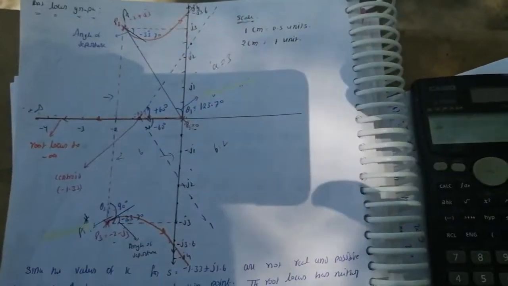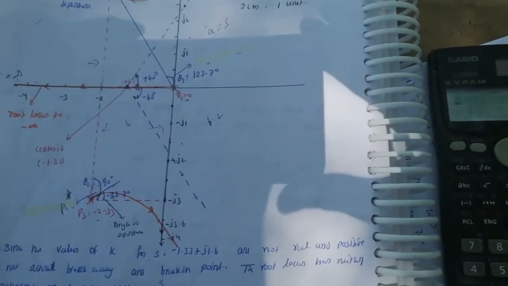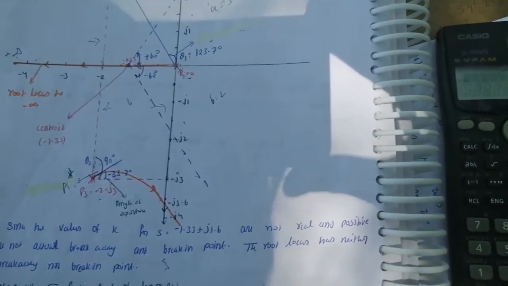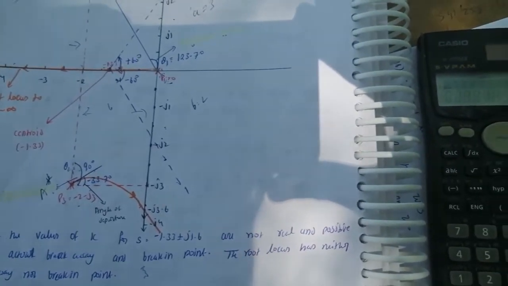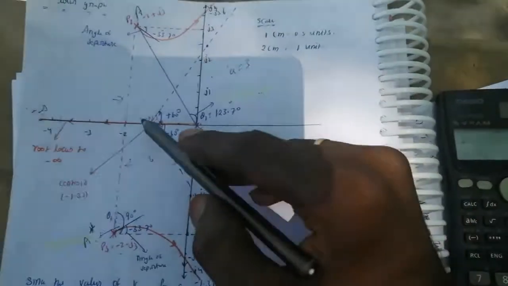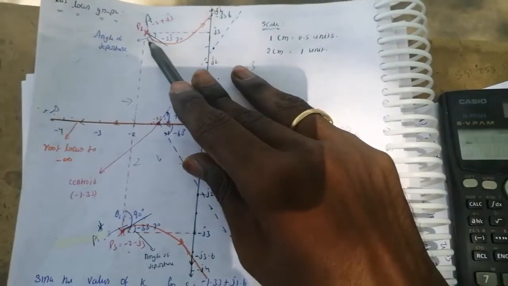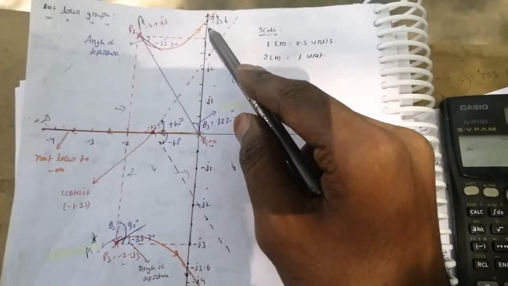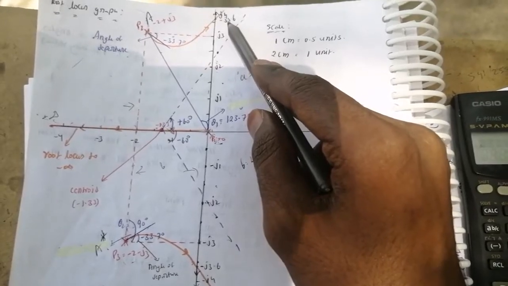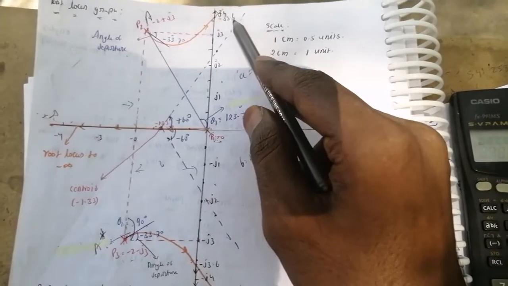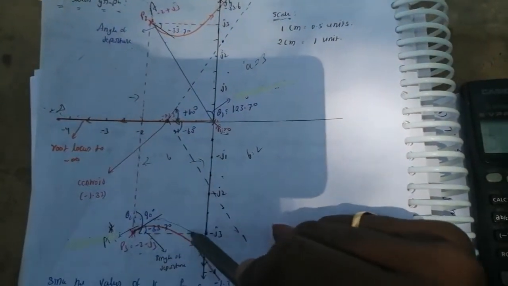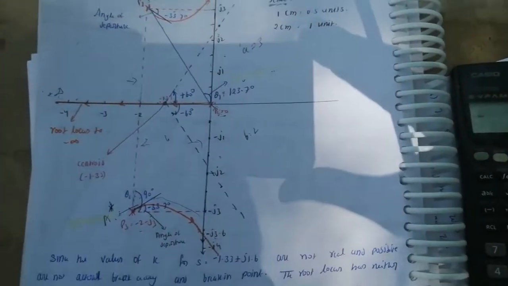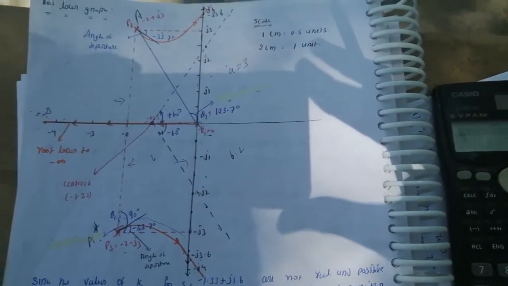Generally, crossing points can be drawn from the breakaway point or breaking point, but in this problem there is no breakaway or breaking point. So we have to draw the crossing point from the complex conjugate poles. We have two complex conjugate poles, one presented here, another presented here. From this point you have to draw the line, it crosses at plus j 3.6. Similarly from this pole you have to draw to minus j 3.6. So this is the way of finding the crossing point on the imaginary axis.